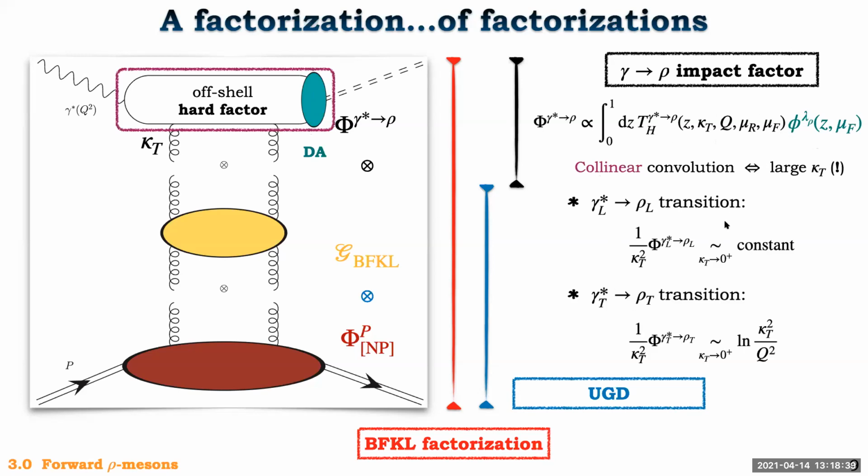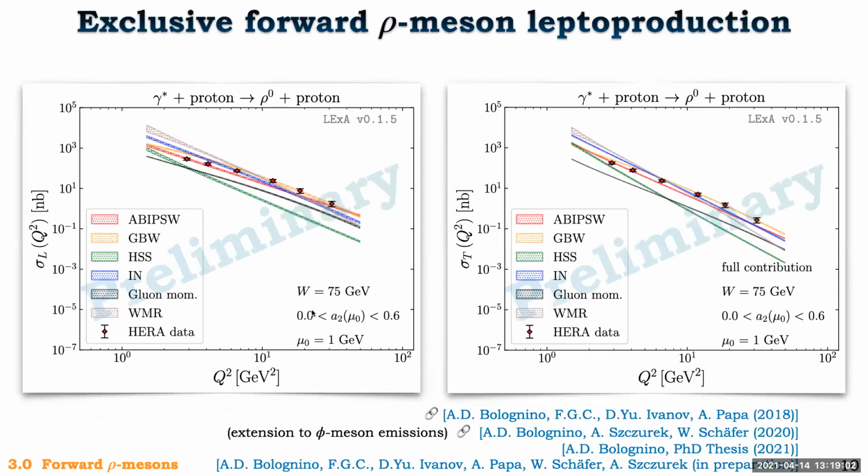And then it is worth mentioning that the longitudinal-to-longitudinal transition at small kT gives us a constant contribution in the impact factor. In the transverse case, we have a divergent but integrable contribution. This respects the Fadin-Martin theorem, but introduces some extra dependence on the small kT region, which has to be gauged. And here we see, in our phenomenological analysis, when we describe the behavior